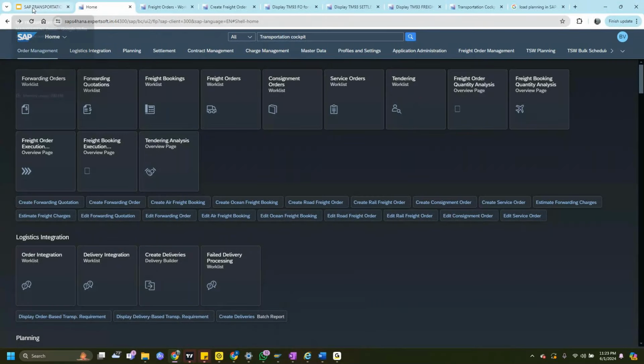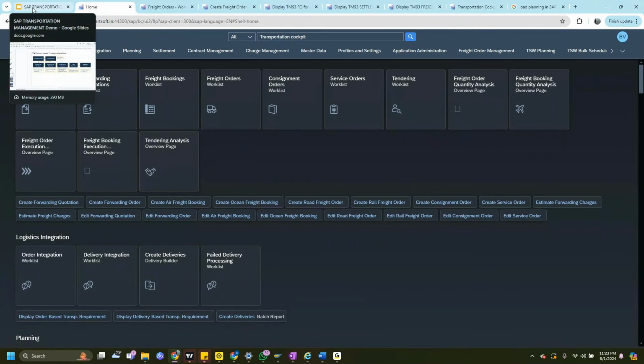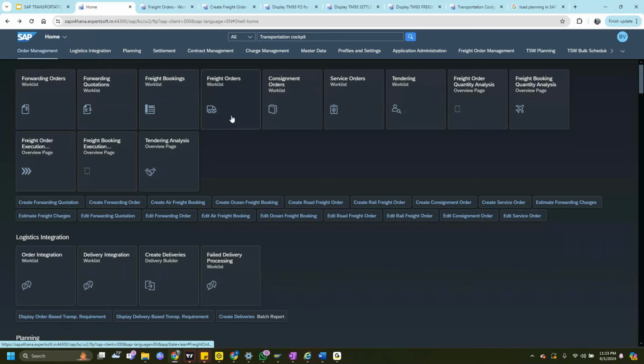I'll go through the configuration in detail and we'll work through it if required. If you have a different company code or different set of data you're trying to work with, you can create your own configurations and generate it. And if there are any errors, we can go through them together in the session and clear them up. Got it. Okay.